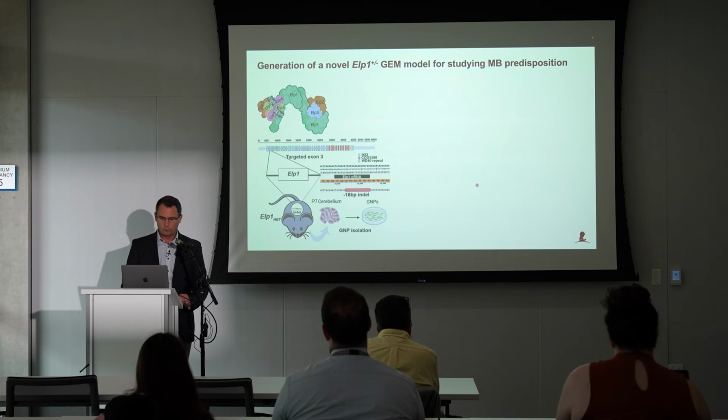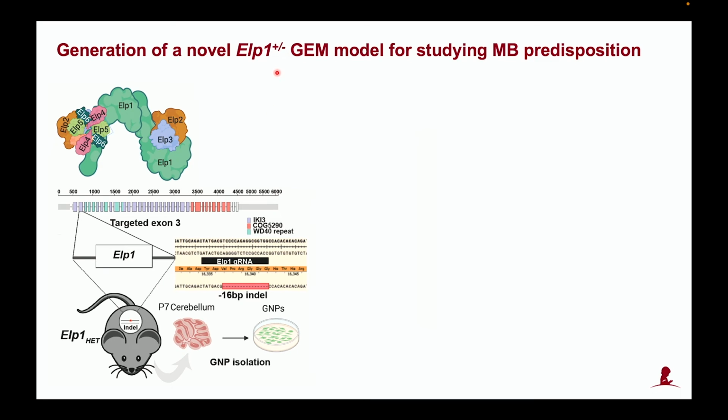So in the last couple of minutes, I'll tell you what we've done since that discovery now, trying to gain mechanistic insight and prove the functional basis of ALP-deficient sonic hedgehog medulloblastoma. We've used CRISPR targeting to engineer a germline model, in this case a monoallelic loss or ALP1 heterozygous model, where one allele is targeted with a 16 base pair indel, which would lead to truncation and inactivation of a single